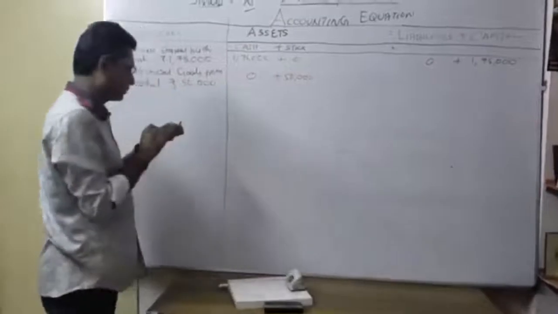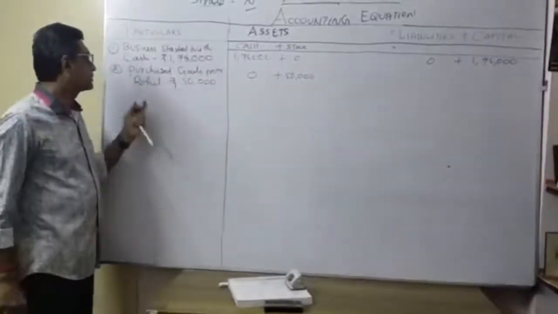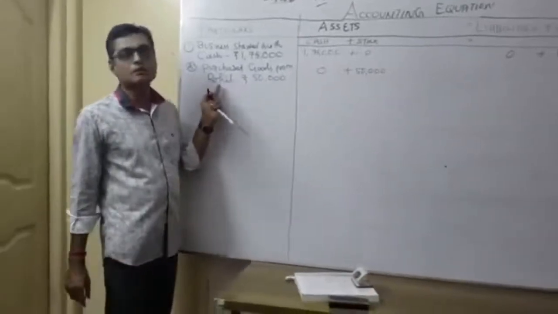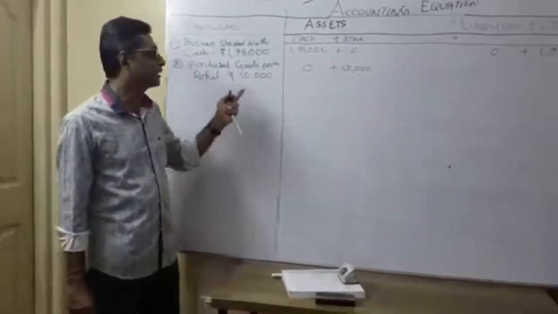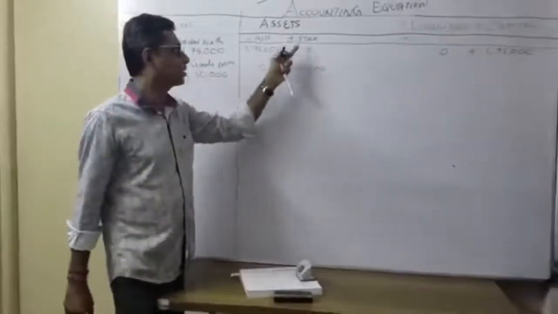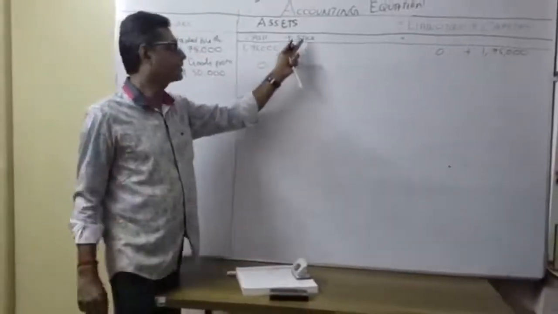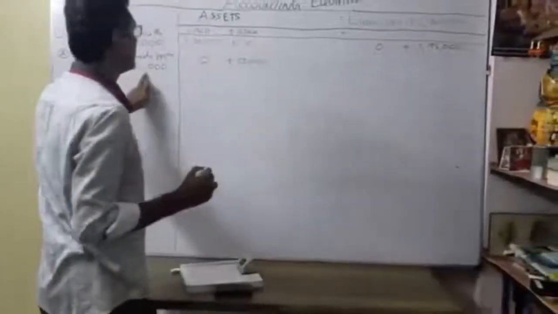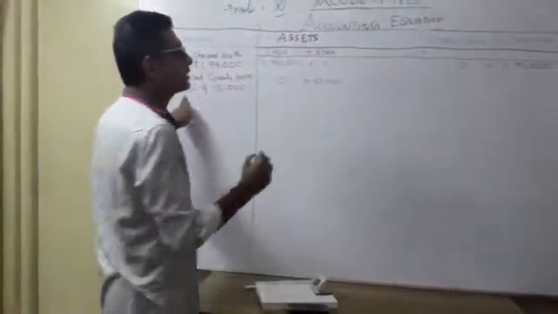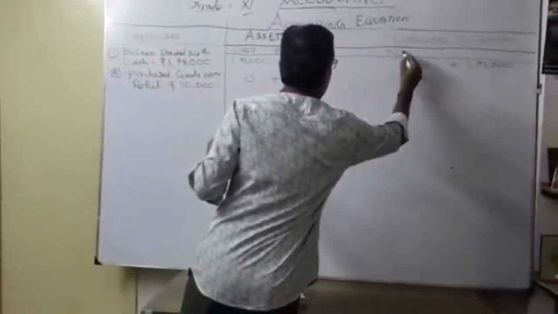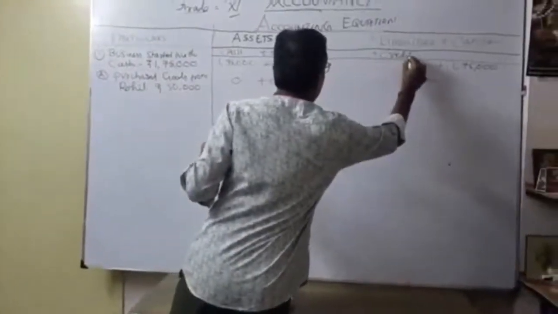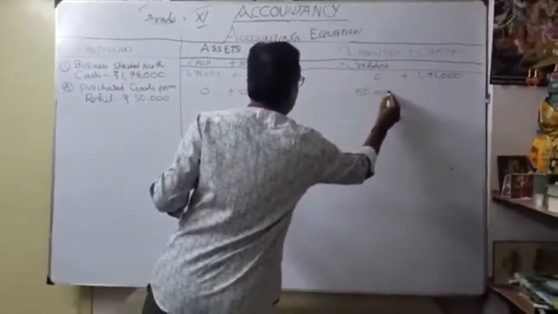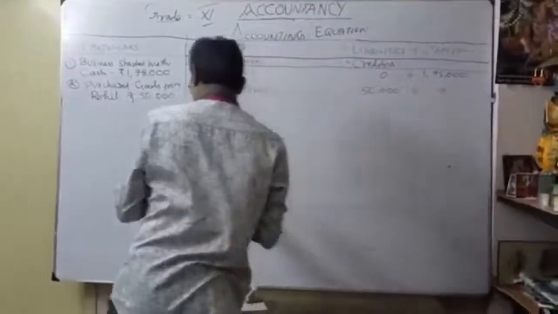Now understood how I put it? Purchase goods from Rohit, 50,000. There is no cash mentioned, so the purchase from Rohit is on credit basis. That's why, as a purchase, it comes under stock. We got goods, so we have to keep them as stock. Thereafter, this 50,000 from Rohit, he is called what? Creditors. Now understood? 50,000, and here 0.